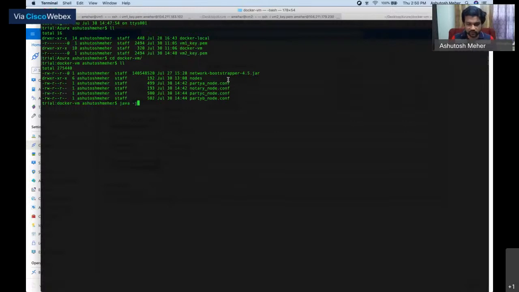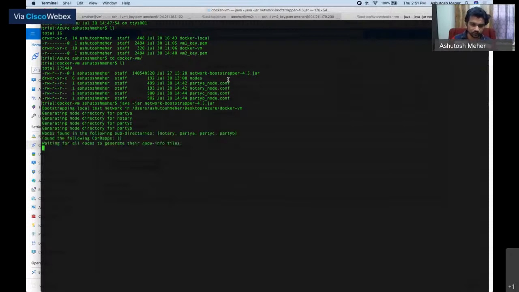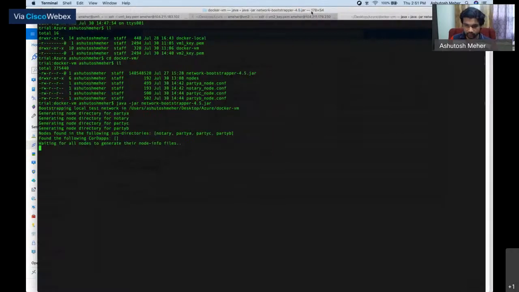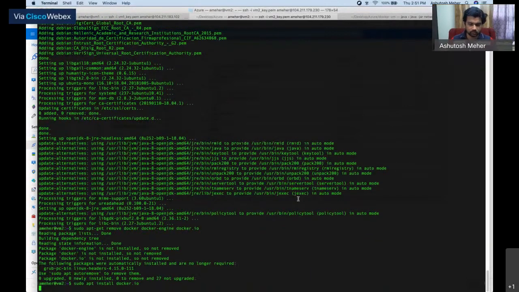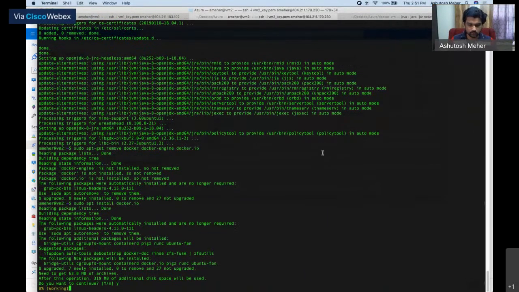Just run the Java jar with the network bootstrapper jar, and that will do the work for us. It will create all the artifacts required for running all these nodes, right? It's working. And I hope I would have Java installed by now. Yep. I'll go with Docker then.